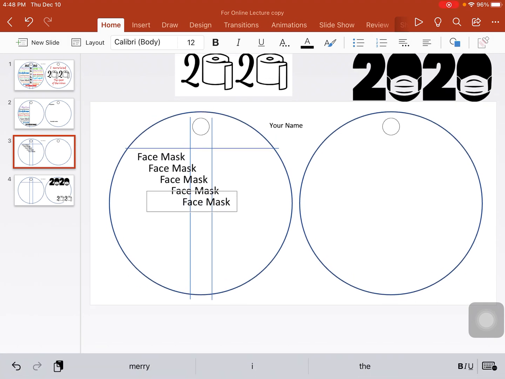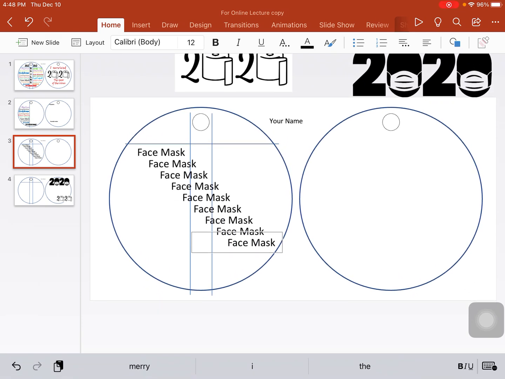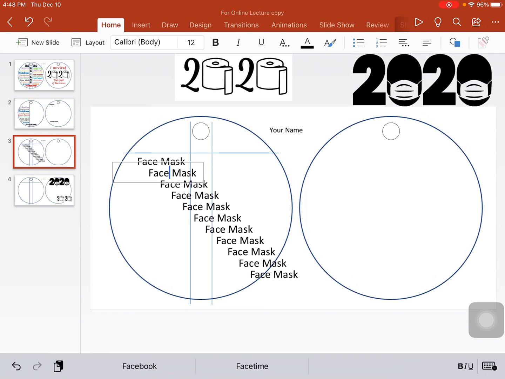We need 10 of these. So I have 1, 2, 3, 4, 5, 6, 7, 8, 9, 10. We're going to put 10 words on the left side, 10 on the right. Now you'll see that they're all right aligned. Okay, I'm going to go into my next one, and I'm going to write the next word, whatever one you want to do,